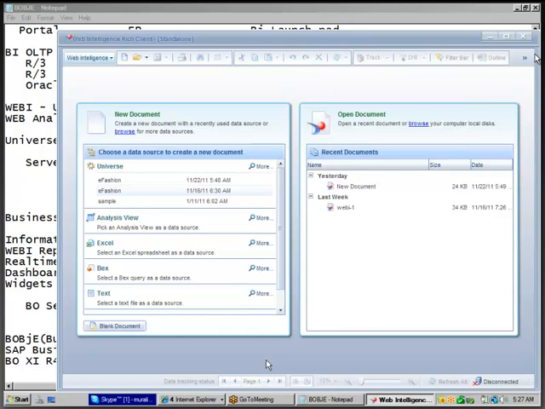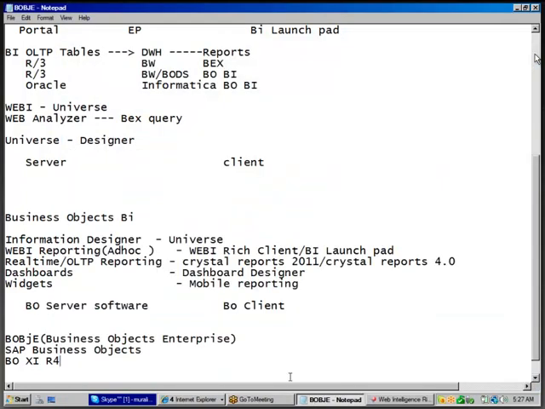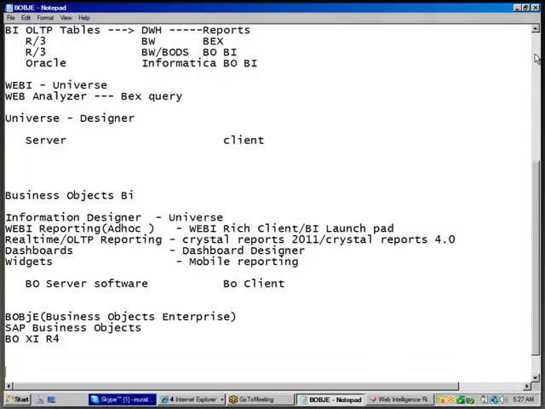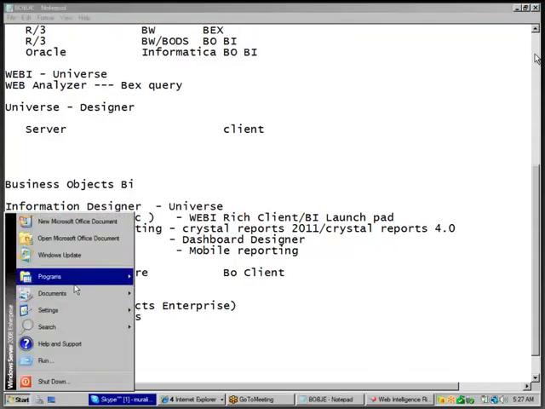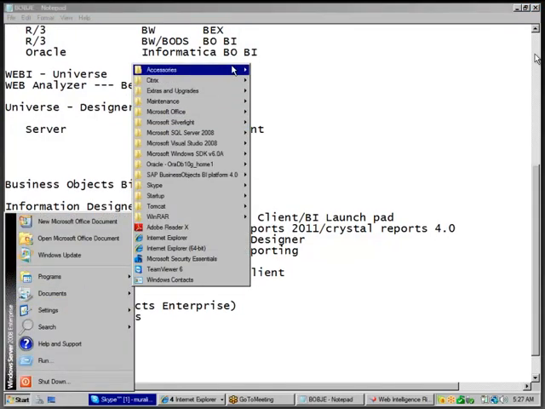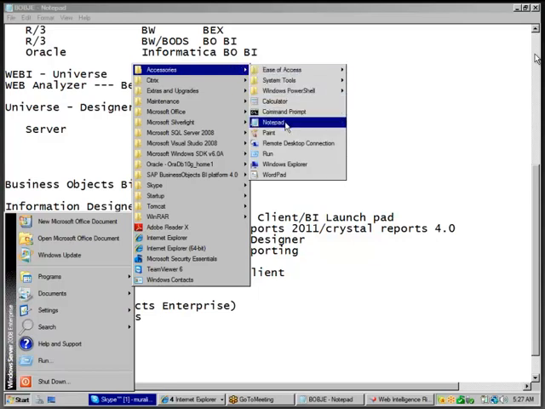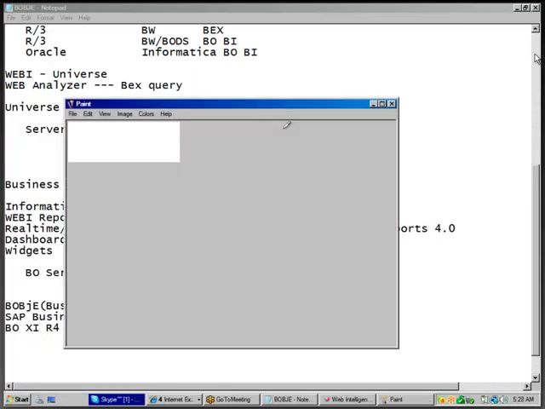the very next step is that you are going to create a report. Now the BO WebI report, for example, in real-time BI architecture: let me open Paintbrush. I'll show you.